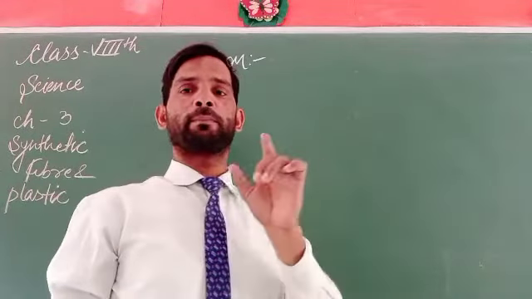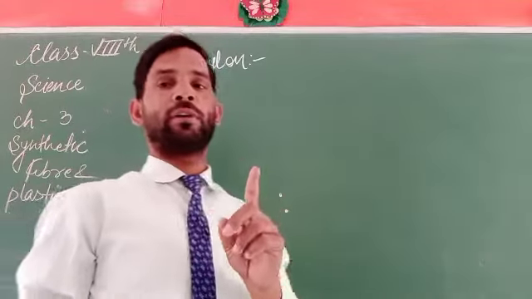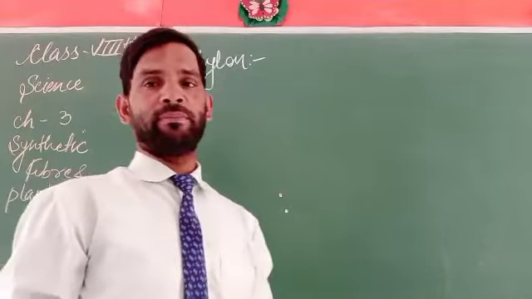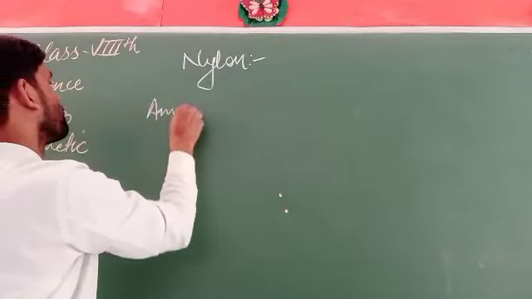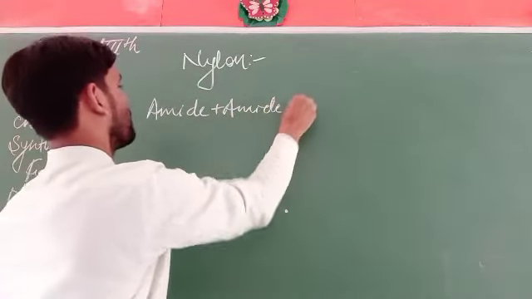Unimers means single. That means a single type of amide has to be repeated time to time. So suppose there is an amide, then another amide, then another amide,